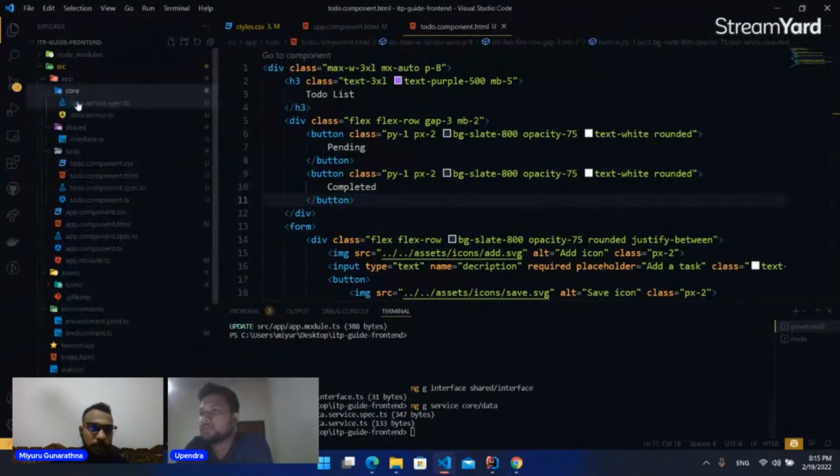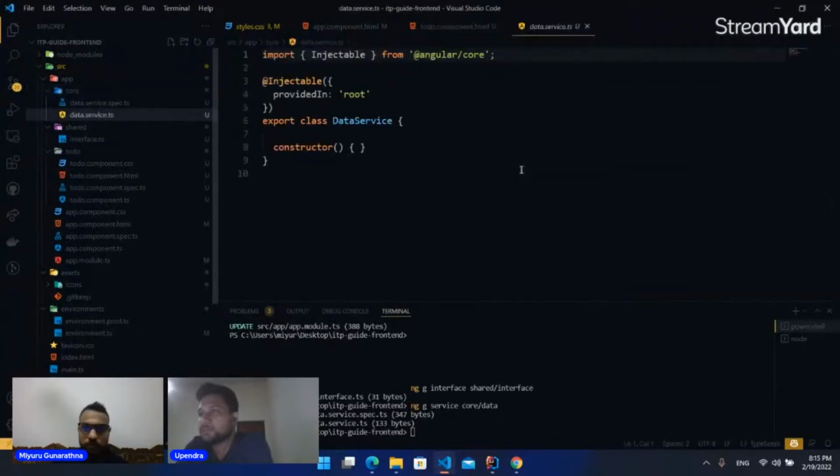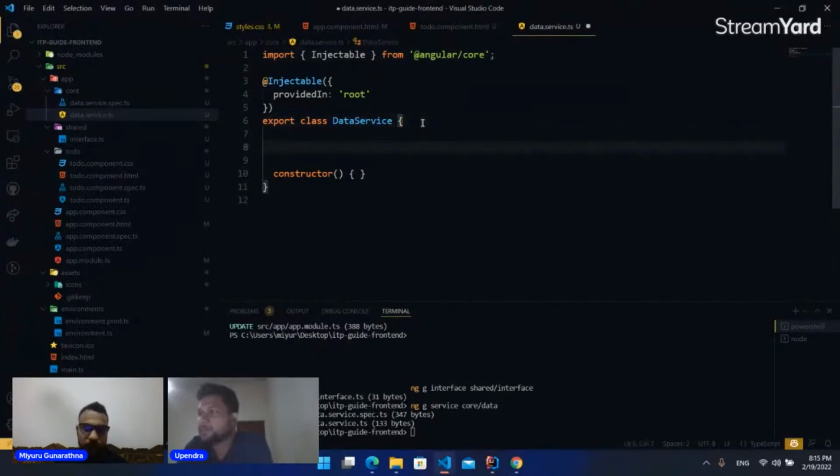Yeah, now you can see in the core folder there is a file called data service ts. So this is our data service to communicate with the backend servers. Before going to start, we need the URL to communicate. So I will just create a private variable called URL, and